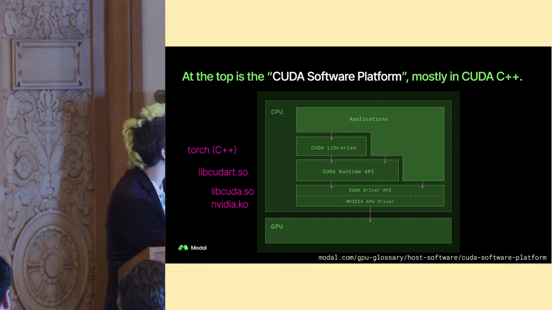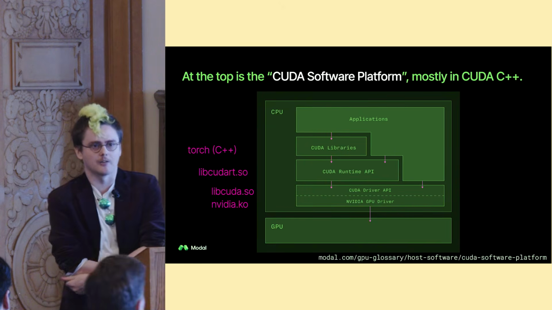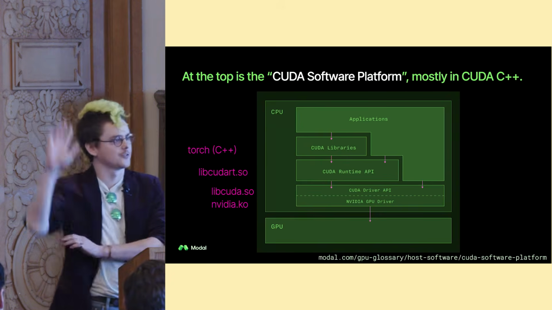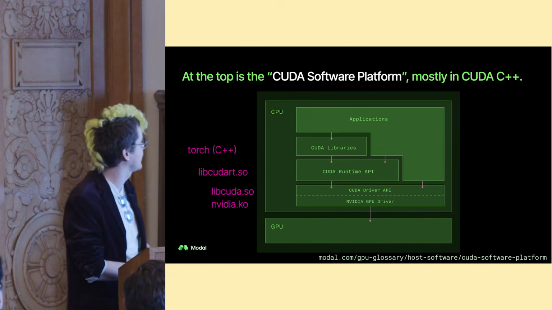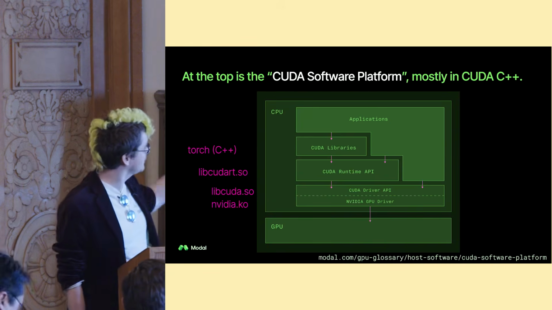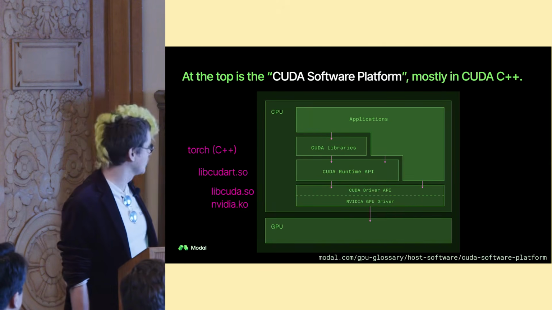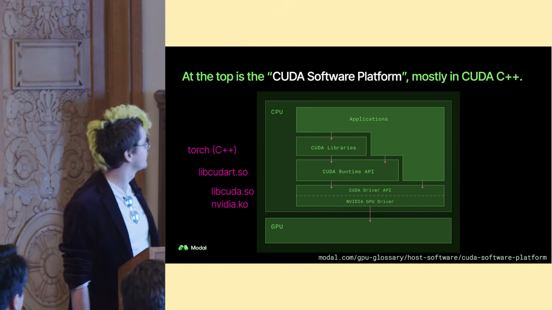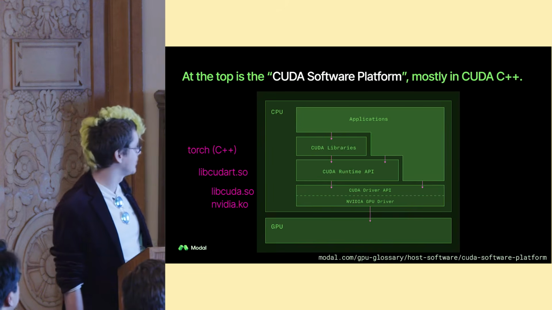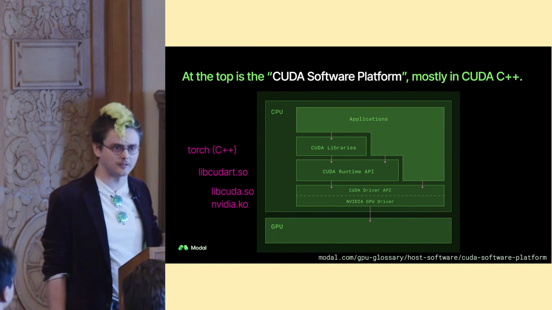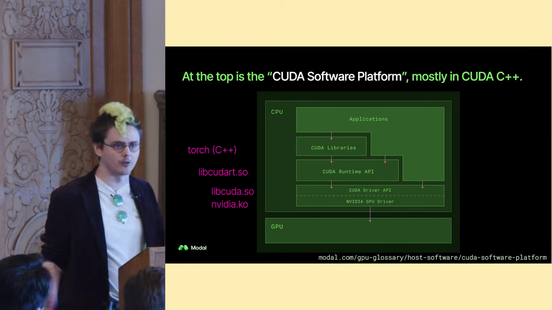So let's talk about some of that software. What is it? What does it do? The top thing, the thing that probably a lot of people in this room have attempted and failed to install, like myself, is CUDA and CUDA C++. It's a multi-layer thing. Your application reaches, via libraries like Torch, which has a bunch of CUDA and regular C++ in it, down to talk to the CUDA runtime API, which is a higher level API, your libcudart. At a lower level is CUDA, the driver API,